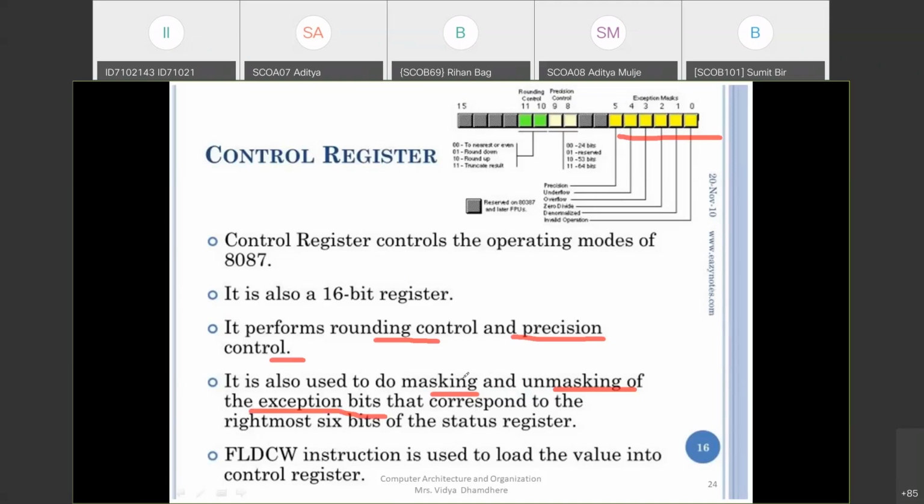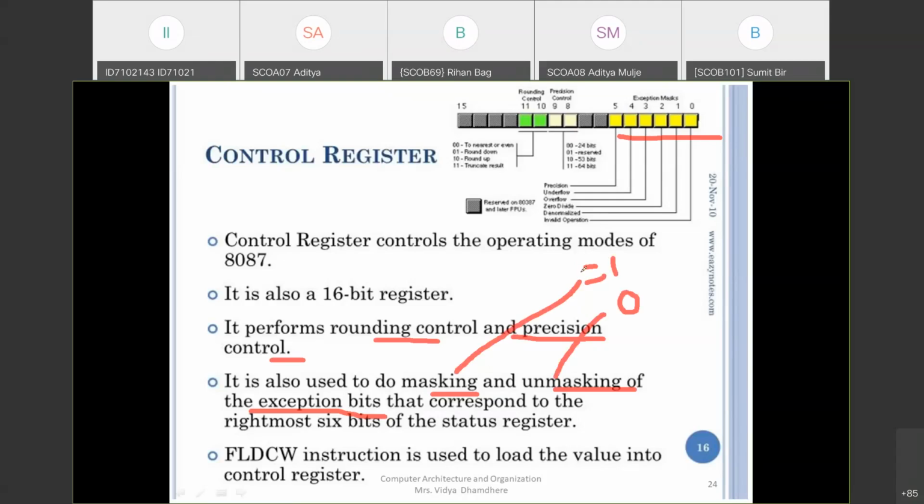First of all, I will explain what masking and unmasking mean. Whenever a particular bit, for example invalid operation, bit 0, is set as 1, it indicates masking. And whenever this bit is set as 0, it indicates unmasking. That means the particular operation of the status register is active.